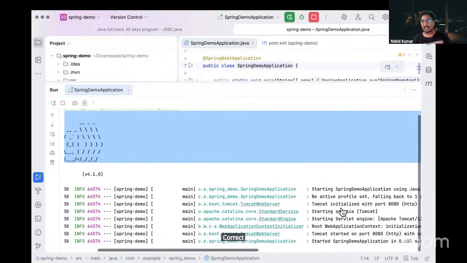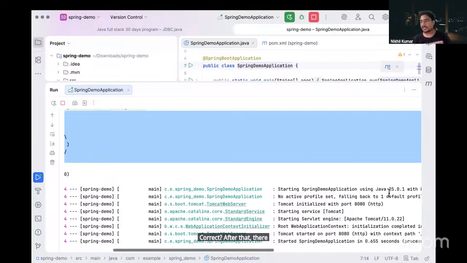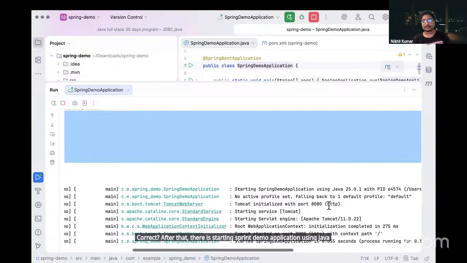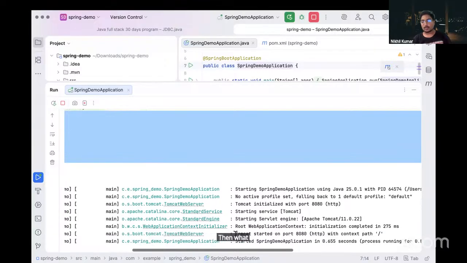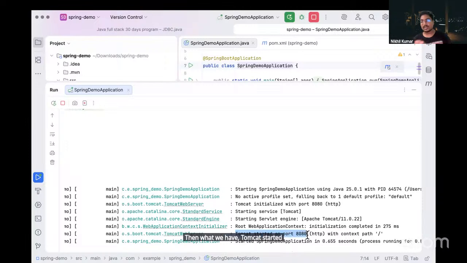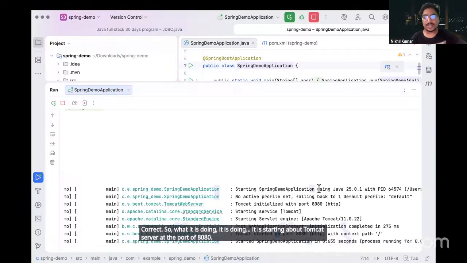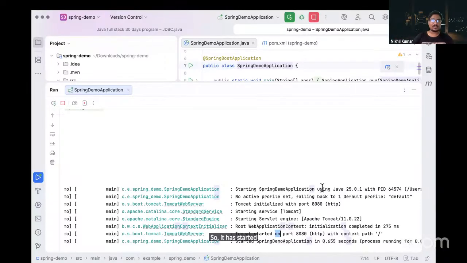After that, there is starting Spring demo application using Java 25. Then what we have, Tomcat started on port 8080, correct. So it is starting our Tomcat server at port 8080.